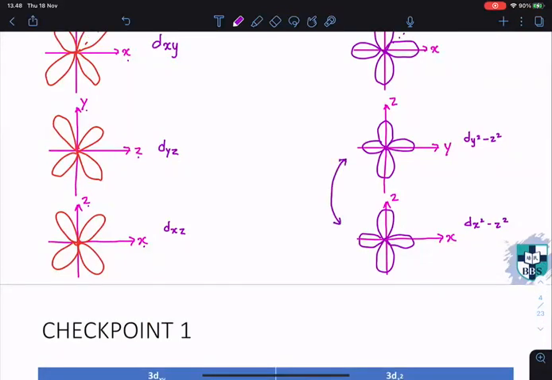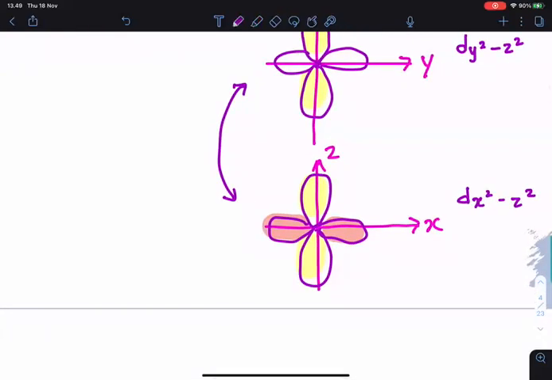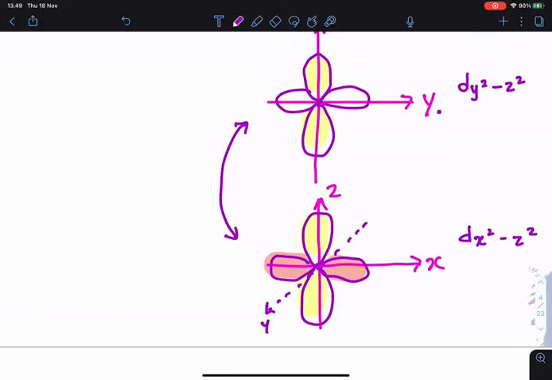These two will combine because, if I highlight, this is going to be Z. You can see this is Z. And then if you look at this part, this is going to be your Y axis. X axis. So if I put one more axis over here, which is going to be Y, you can see according to this diagram, along the axis, there is Y. So if I draw another one over here,